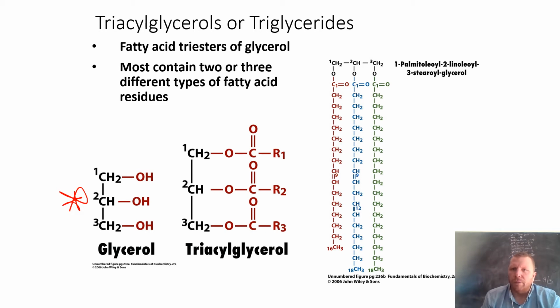So here's an example: 1-palmitoyl, 2-linoleoyl, 3-stearoyl glycerol. And so we've got palmitic acid and then two 18-carbon-long fatty acids. The linoleoyl and stearoyl groups are going to be esterified to the glycerol as well. So that's basically your largest